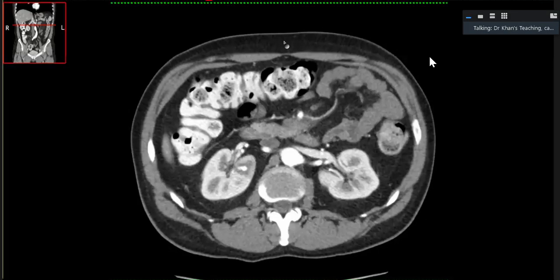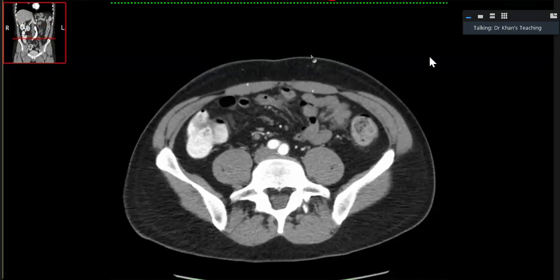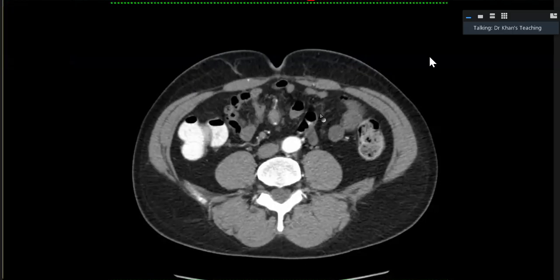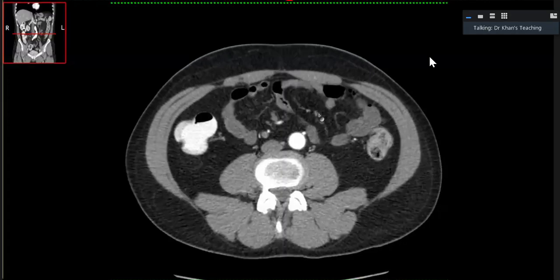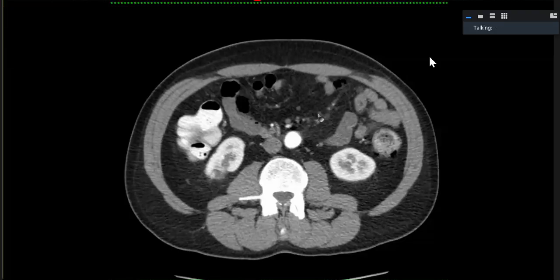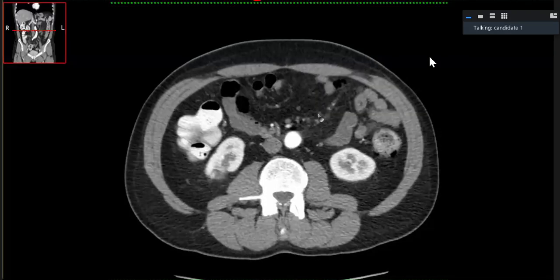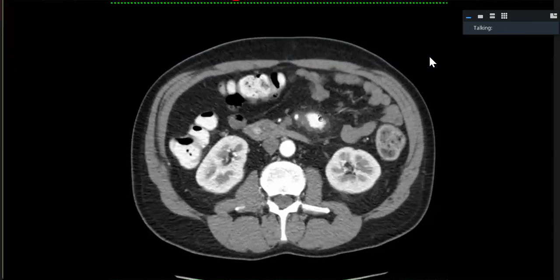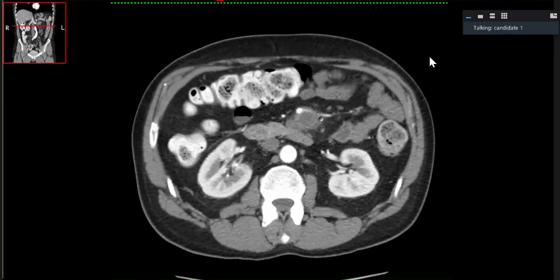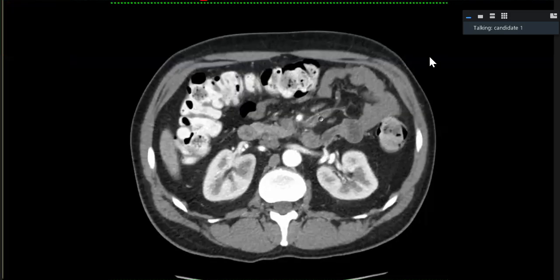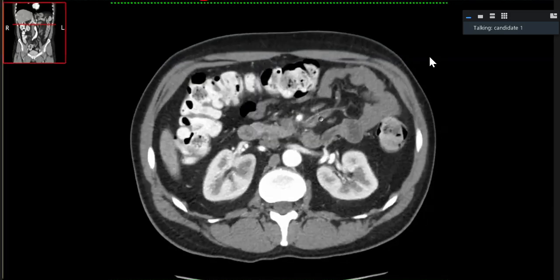So you were describing this lesion here. Yes. Now, please concentrate on the kidneys. Okay, I want to see once more. Yes, there is, on the right kidney,